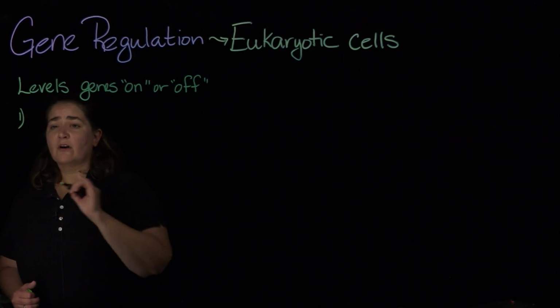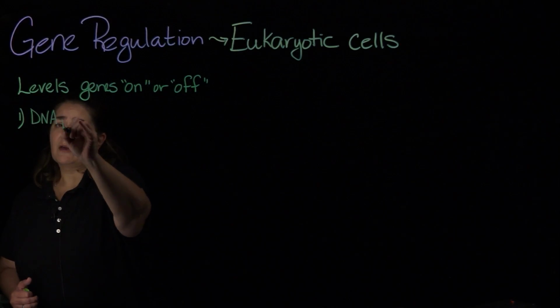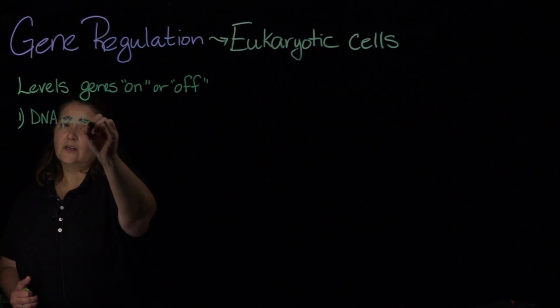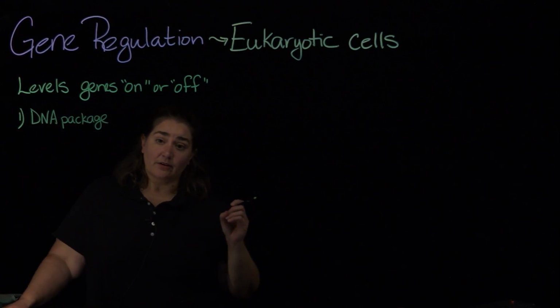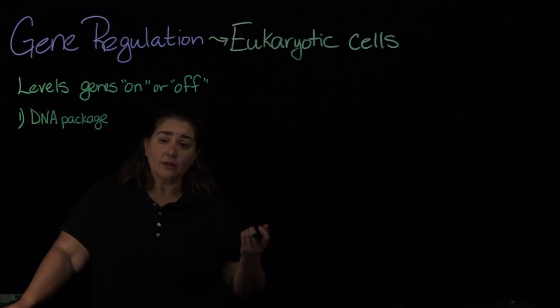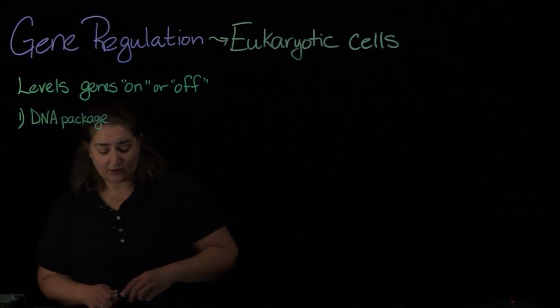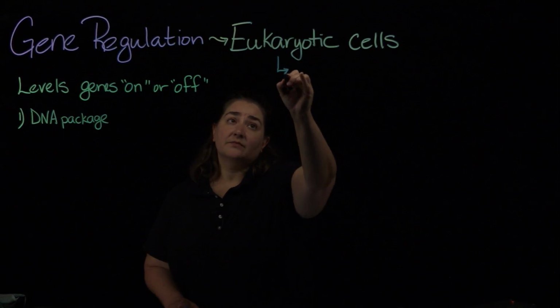First one that we'll talk a little bit about is going to be DNA packaging. Because eukaryotic cells, unlike prokaryotic cells, are going to package their DNA. All right? And with eukaryotic cells, really with gene regulation, where this becomes important in eukaryotic cells, this